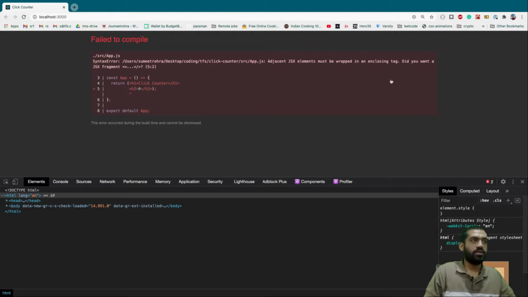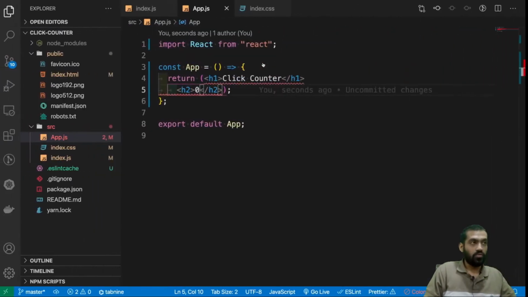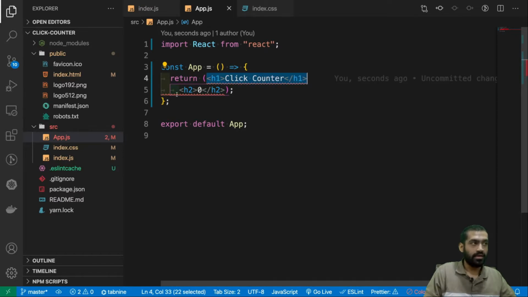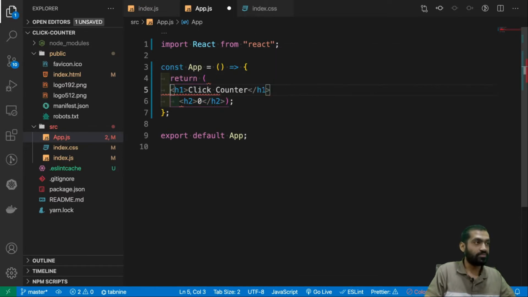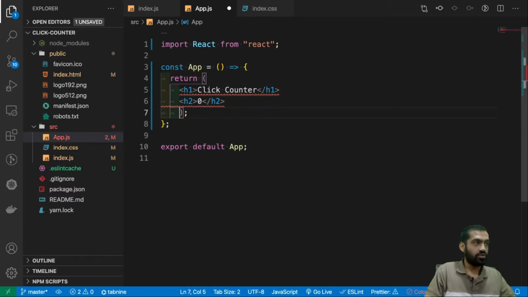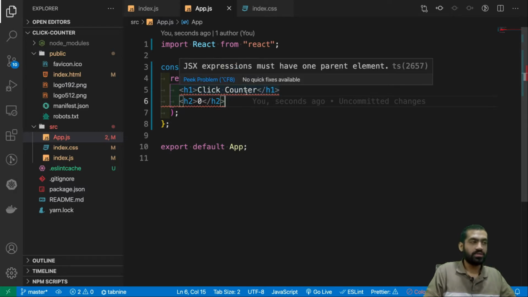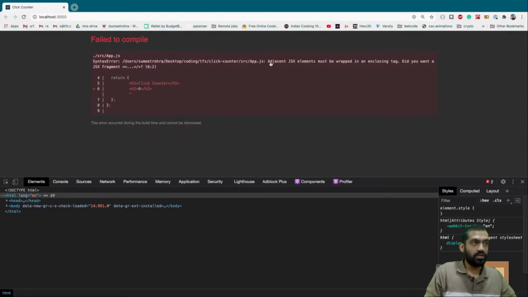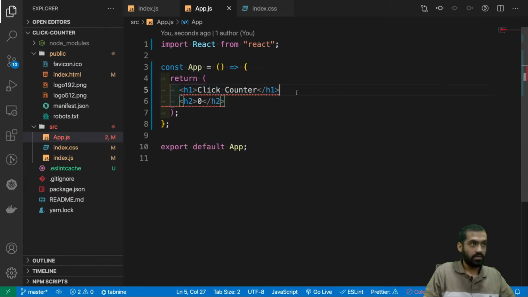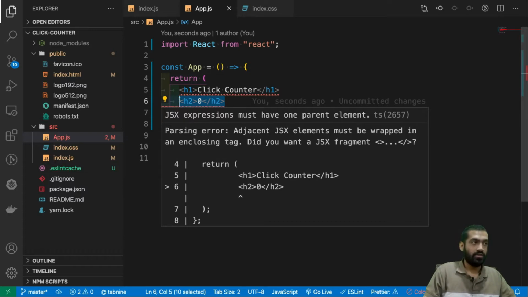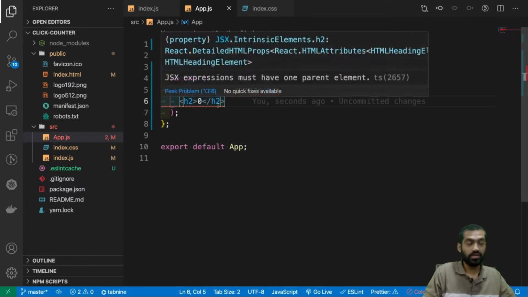When we go here, okay, it's giving an error. So what we did is we did an h1 tag and we wrote another h2 tag. I don't like the spacing here. Let's just make sure it is a bit clearer now, but even the code editor is showing me some issues. Let's just see what the issue is here. Adjacent JSX elements must be wrapped in an enclosing tag. Read it properly. It's saying adjacent JSX elements. What is this? This is an element and this is the adjacent element. In other words, these are adjacent to each other, right?